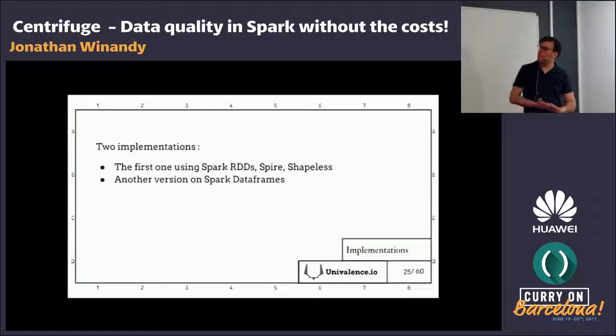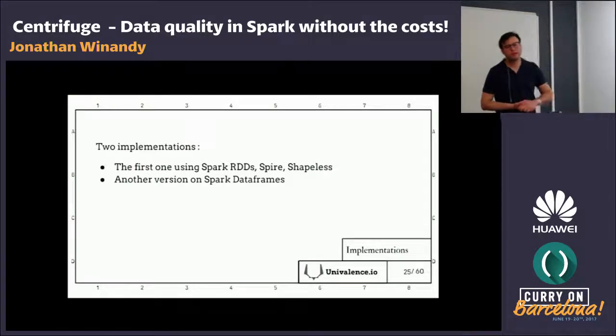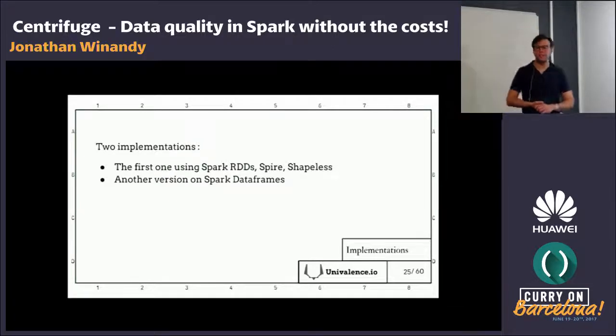So it started as an implementation in Scala only. So there is a simple way to do it, but not an easy way to do it, in Scala, which is to use Shapeless, Spire, and Spark RDDs. And then it's better to use the data frame version because it's more performant and more coworker friendly.